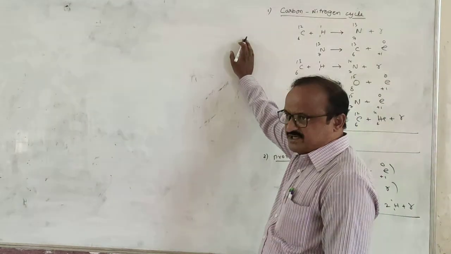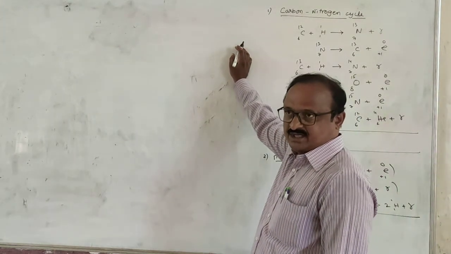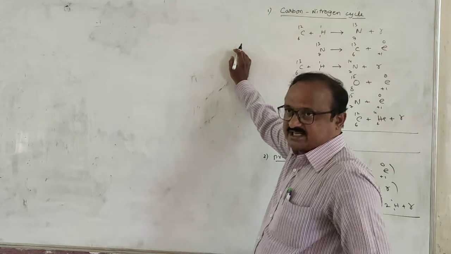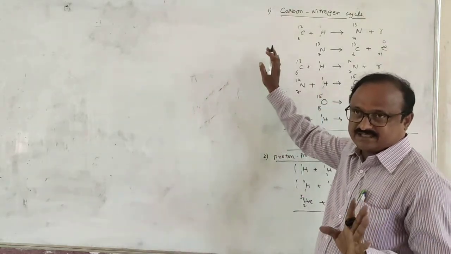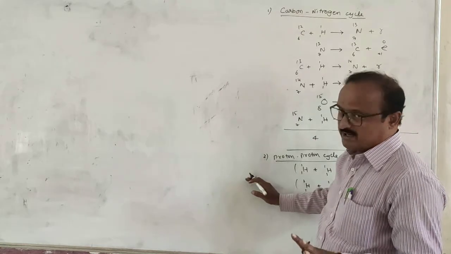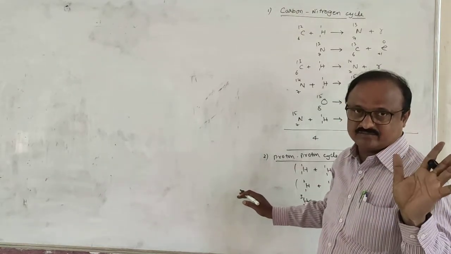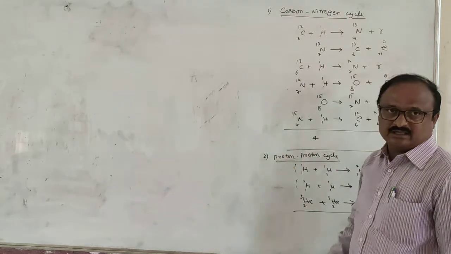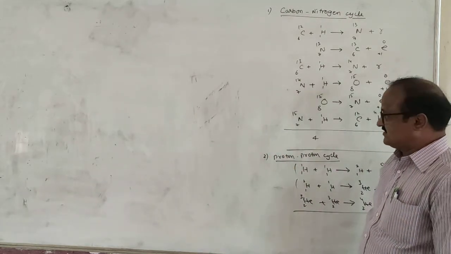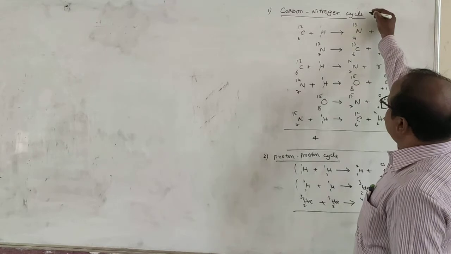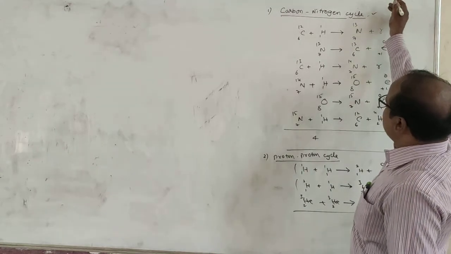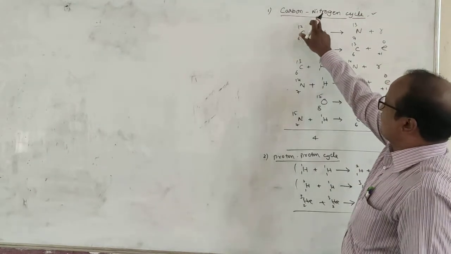In case of nuclear fusion reactions, they can take place in the form of 2 cycles. Briefly, I will explain it. These 2 are important only on the basis of IPE level, not for IIT or MCTs. Now here, how the energy will be released in the form of nuclear fusion or in the process of the carbon-nitrogen cycle.